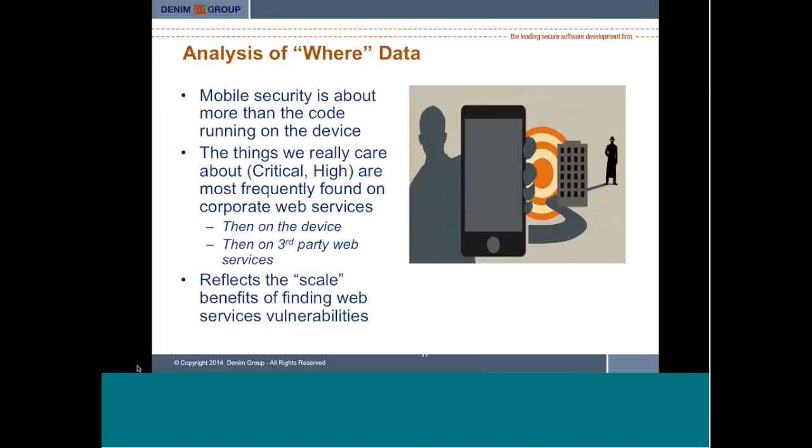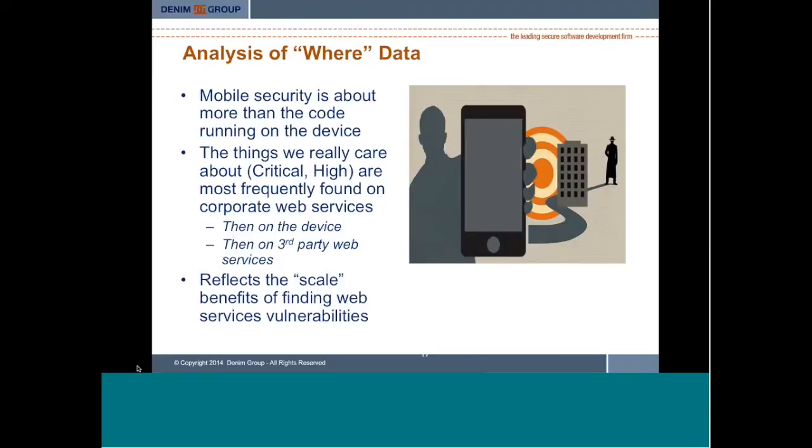for every successful exploit. That doesn't scale like finding a server-side SQL injection vulnerability where someone can all of a sudden start to pull down reams and reams of data from the server side. And so there's a lot of scale associated with finding these vulnerabilities on the server side, and I believe that led to the kind of data that we've seen here, which is having the most serious vulnerabilities identified on the